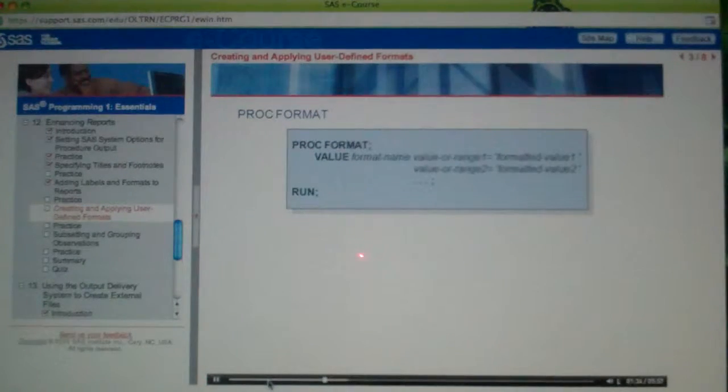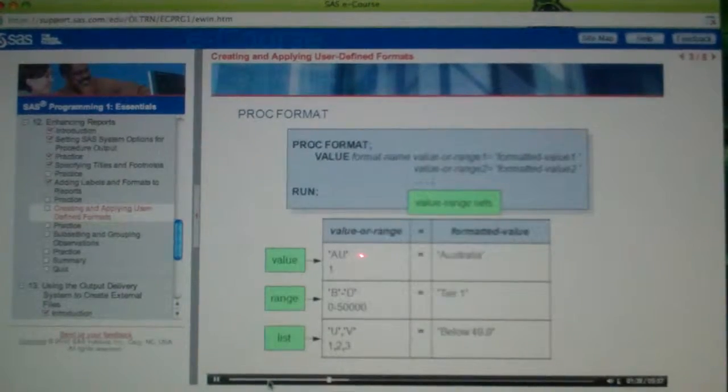In the value statement, you specify one or more expressions that we'll call value range sets. Each value range set has 3 parts: the value or range, which specifies one or more values as they are stored in the input data set, an equal sign, and then the formatted value that you want SAS to display instead of the stored value or values. You can specify the value or range in several ways: as an individual